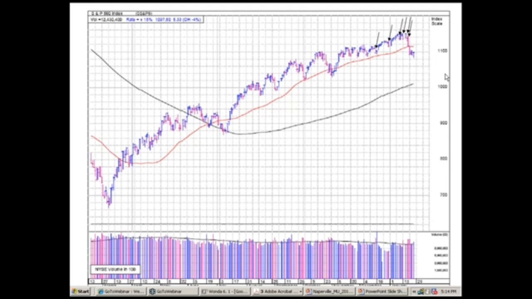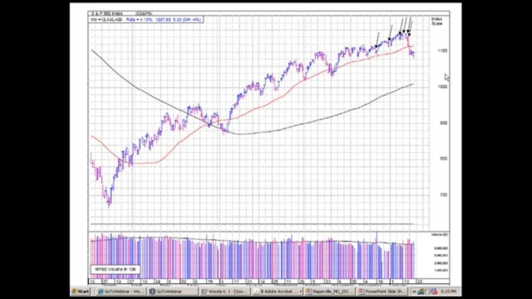We used to, a long time ago, accept even just 3 or 4 days, but little by little as time has gone by, I guess the markets have been bigger, we moved it to 5 or 6 days over a short period of around 5 weeks, sometimes even 6. But this is simply looking at a broad index and at the law of supply and demand, where you're getting more supply coming in, giving ground in a short span of time. And historically, when this happens, the market's going to roll over and go down.